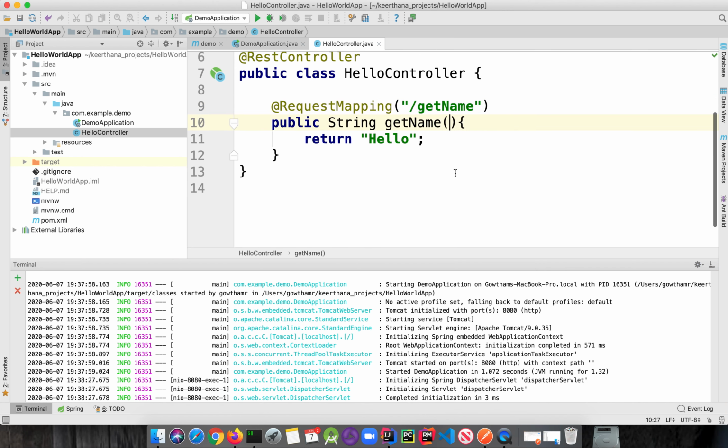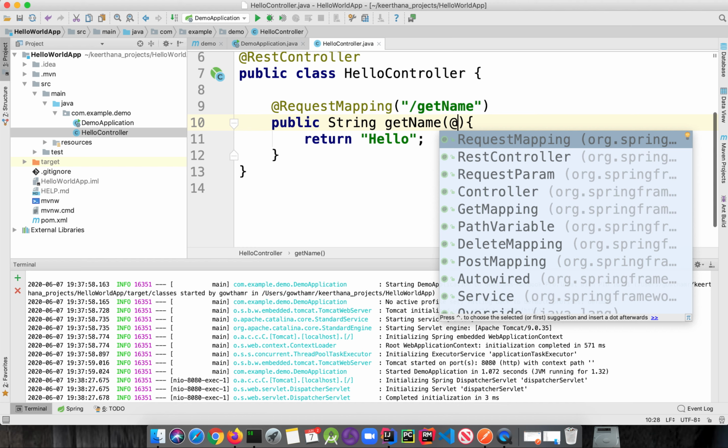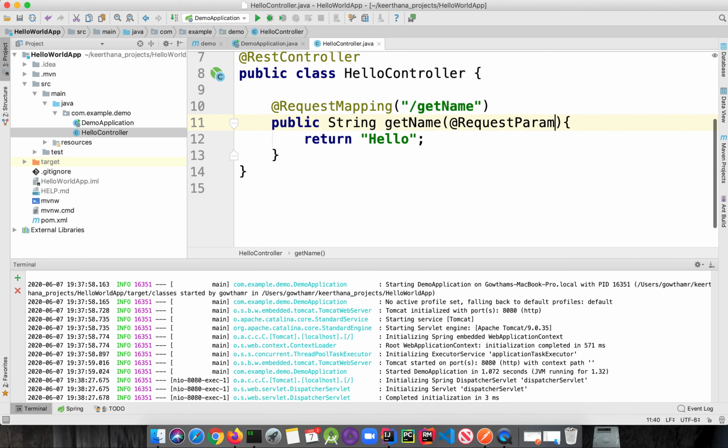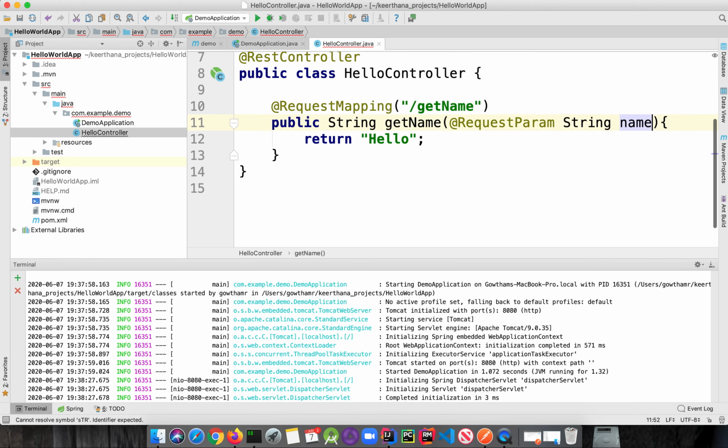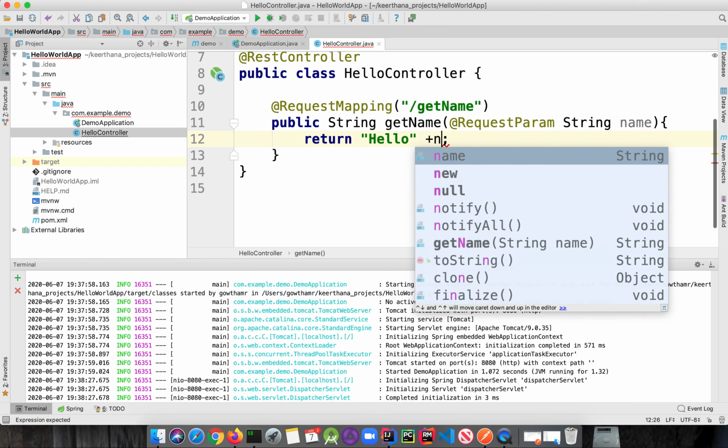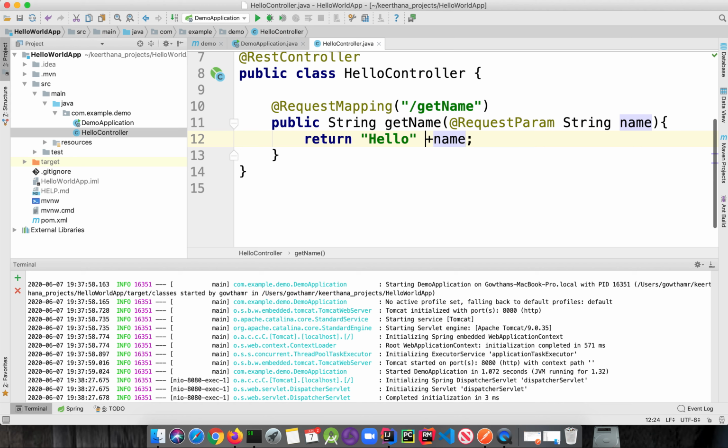For that, you have to include an annotation @RequestParam, and I'm going to give a name here. So this method will accept a string parameter and then it will append to your hello. So I'm just writing String name, just giving space here. That is all.